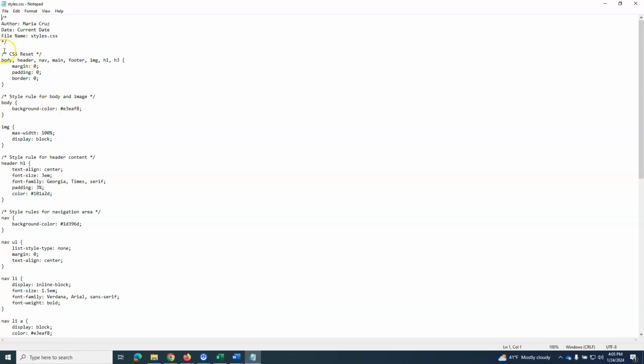So the first thing that's happening here, and again, this is how you do the comments in this, is you're doing a reset. This particular piece does kind of a refresh, and it resets everything to 0. So that's the reset to clean everything up. Now the next one is for body and then the images stuff. So what you're doing here is setting a